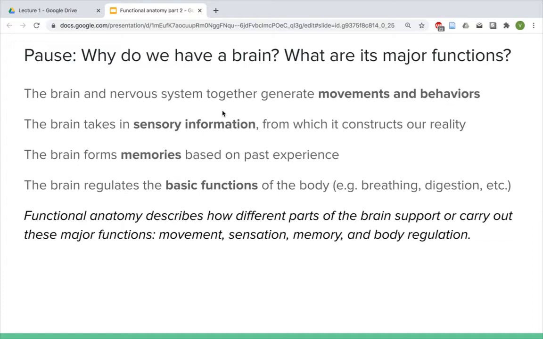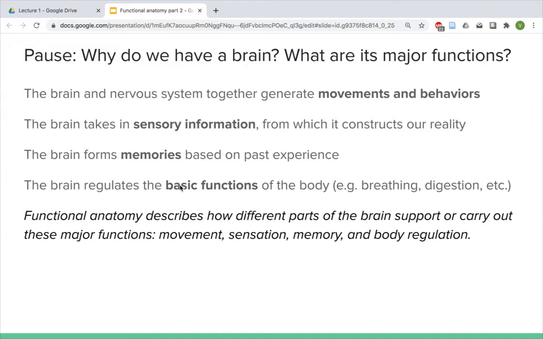So when we talk about the functions of the brain, what sort of functions are we talking about? What does the brain do for us? So first of all, the brain generates our movements and other behaviors. It processes sensory information and constructs the sensory reality that we experience every day. The brain is responsible for forming our memories, for allowing us to learn from past experience. And in addition to that, the brain helps regulate our basic bodily functions, breathing and digestion and those sorts of